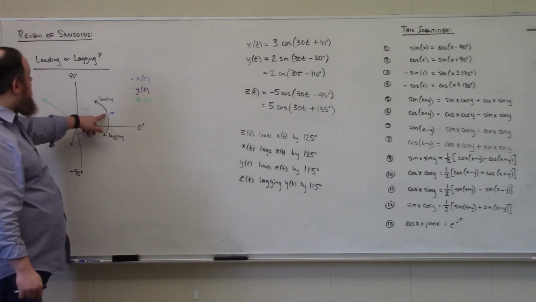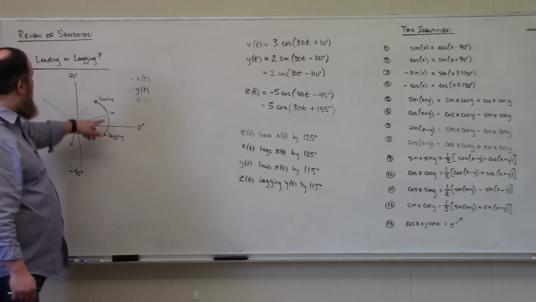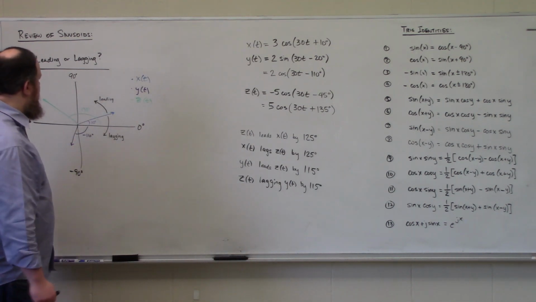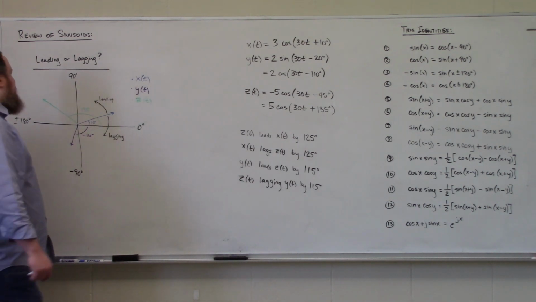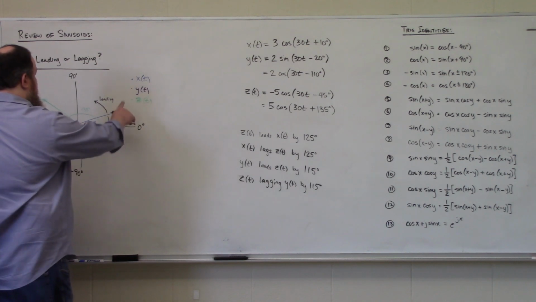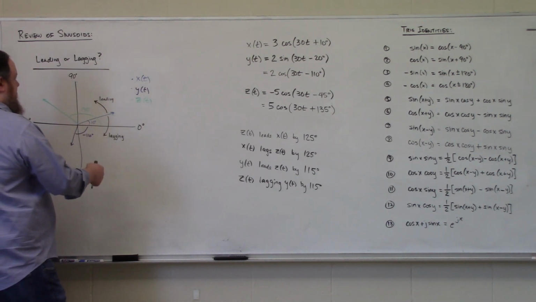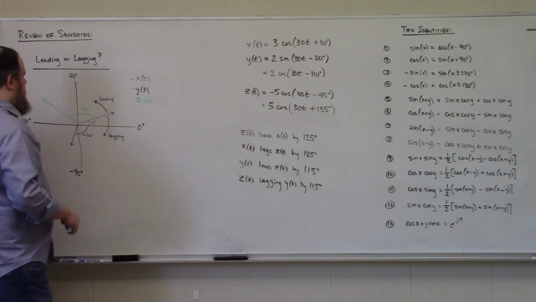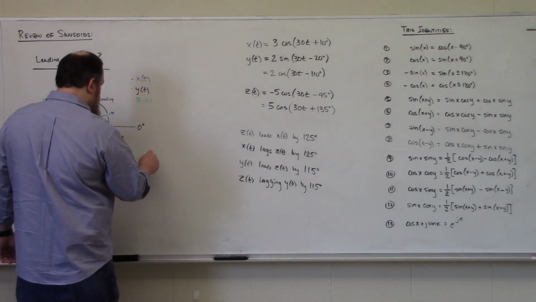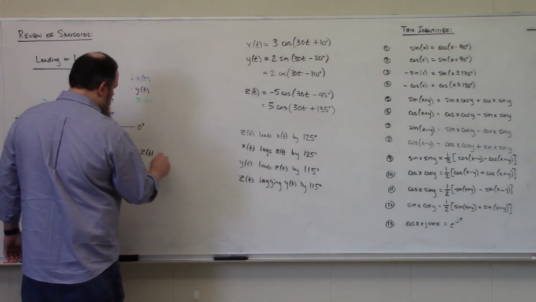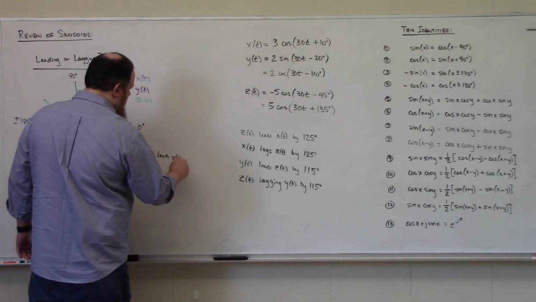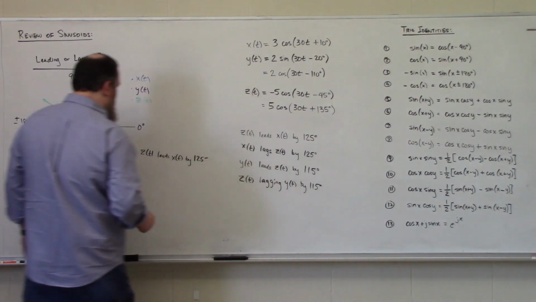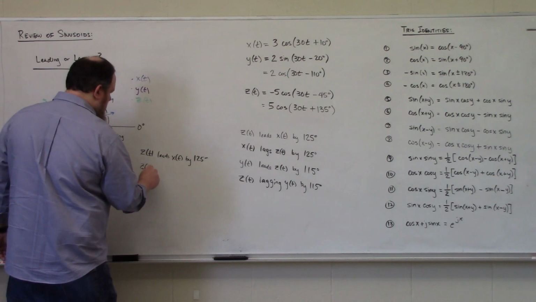So z of t leads x of t by 135 minus 10 degrees, because x of t is 10 degrees offset and the z of t is 135. Or we could say that z of t lags x of t by 10 plus 180 plus 180 minus 135. So by 125 degrees, which is exactly what we saw earlier,